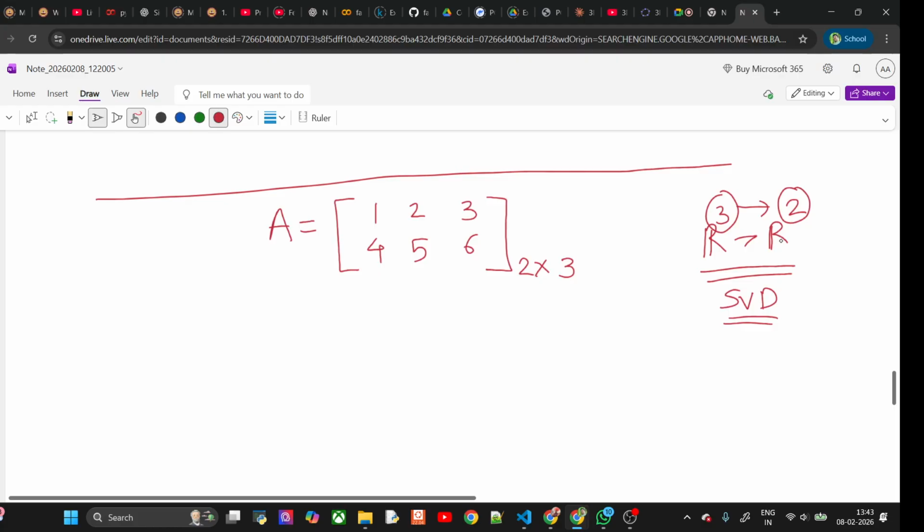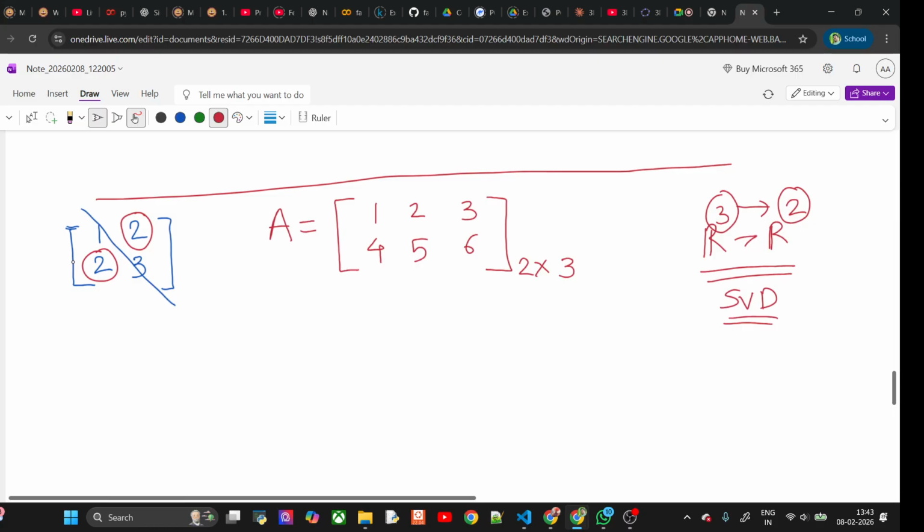Okay, so this is not a symmetric matrix. So what is a symmetric matrix? We know that a symmetric matrix is something like this. For example, if I just take a normal one, 1 and 3, 2 and 2. So a symmetric matrix means this is the diagonal, these are the diagonal elements, and these two and these two, if they